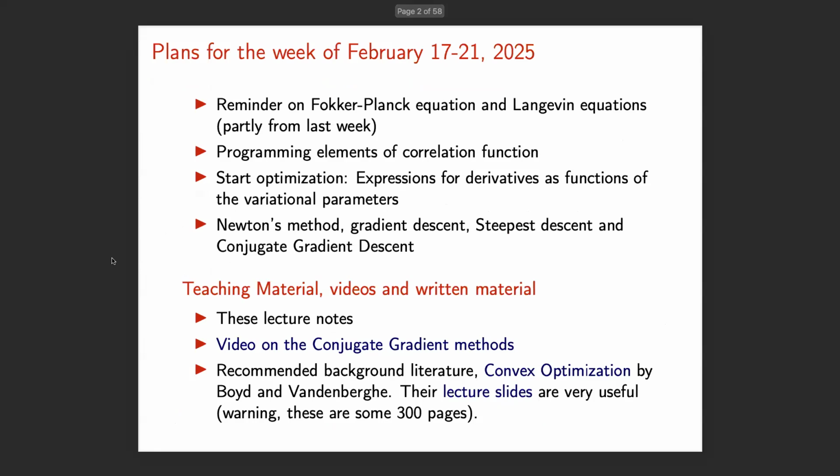Okay, welcome back, everybody. The topic today is a continuation from last week, and I'm going to do some kind of repetition of some of the topics, and then I wanted just to complete this discussion about the Fokker-Planck equation and the Langevin equations, which are used as calculational entities in the setup of the variational Monte Carlo code with importance